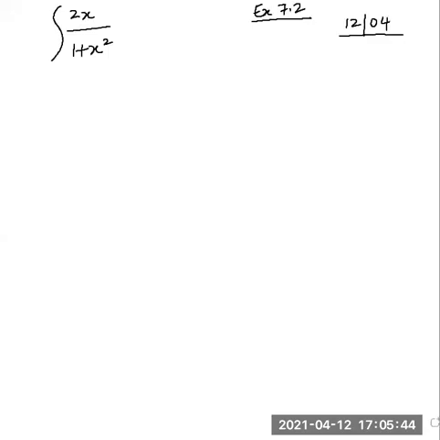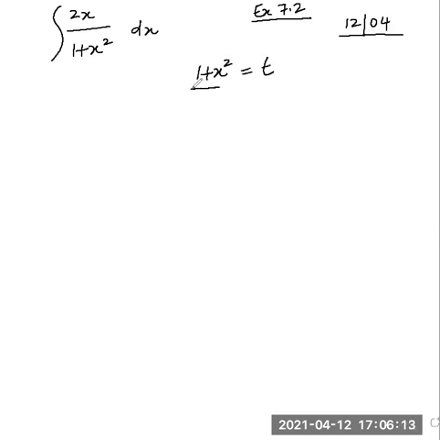All right, good job. Let's do exercise 7.2, integration. This is the integral of 2x divided by 1 plus x squared dx. We are discussing and trying to do this on the basis of integration by substitution. Fine. So how will we do it? We will imagine 1 plus x squared is equal to t.